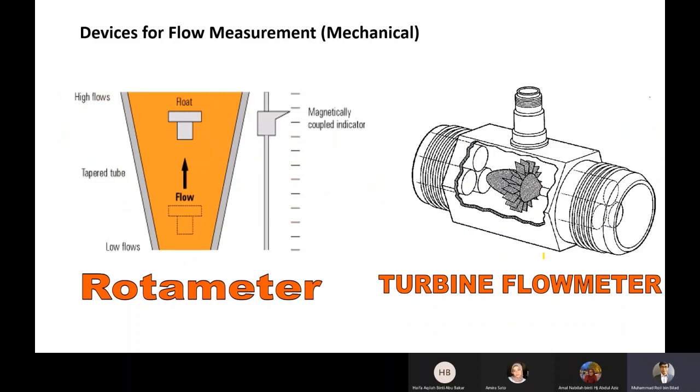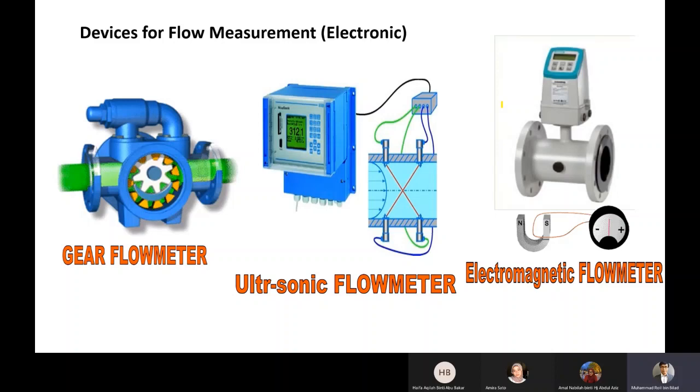Then we have a rotameter here, based on the drag flow principle. You have liquid that's flowing, and a drag force that moves the float according to the scale. You have a turbine flow meter, where the movement of the fluid will rotate this turbine, and then you'll be able to see how fast the scale is rotating. Simple. Also, we have electronic devices for flow measurement: the gear flow meter,